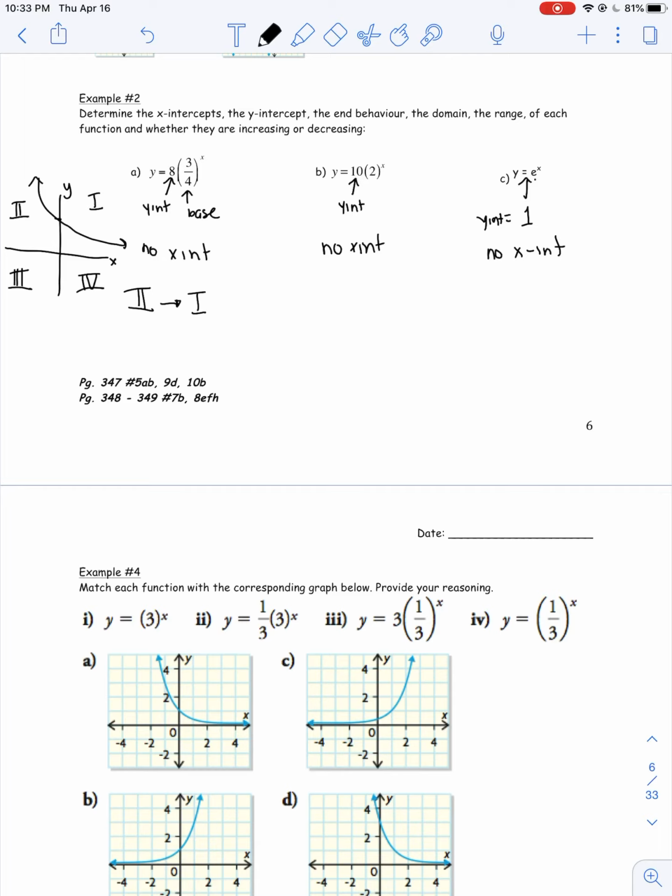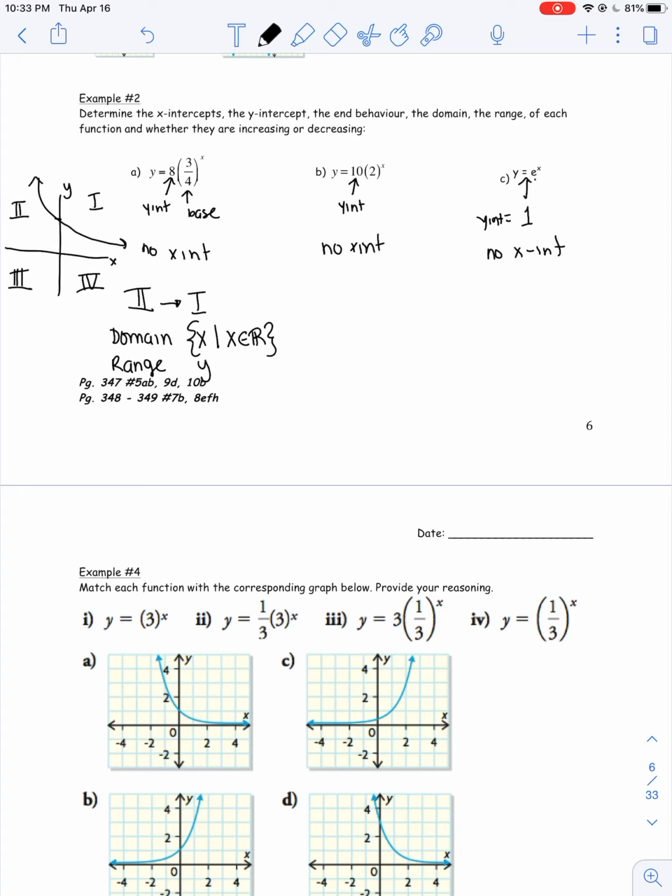So that would be the end behavior. The domain for all of these will be x such that x is an element of real numbers, meaning that the graph extends forever to the left and goes forever to the right. So that's x ∈ ℝ. x can be anything. The range